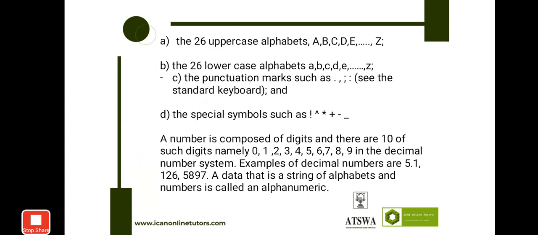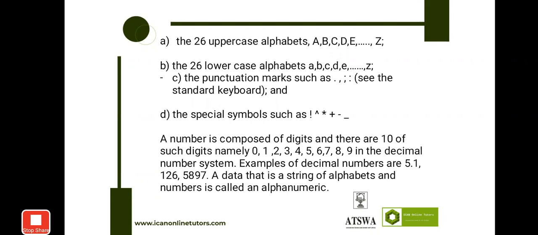And then we have the punctuation marks: the colon, the semicolon, the full stop, the comma, the apostrophe. And then we also have special symbols: asterisk, plus, minus, exclamation marks,